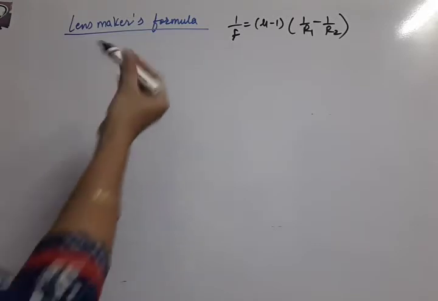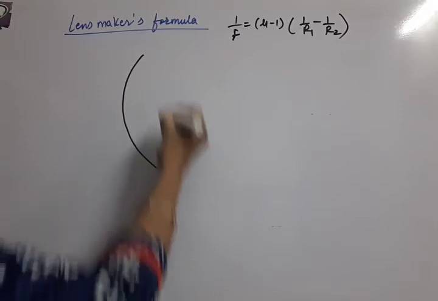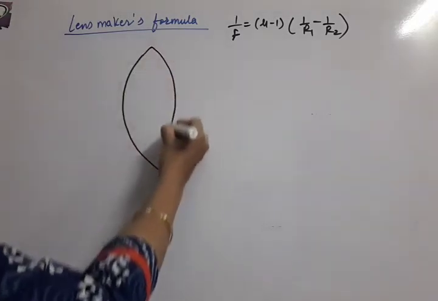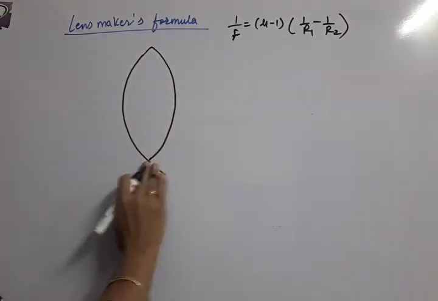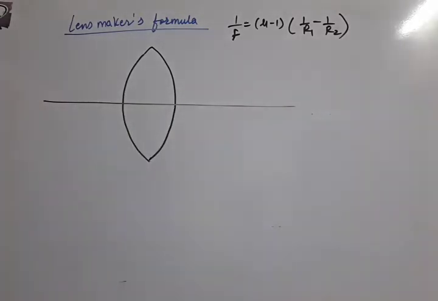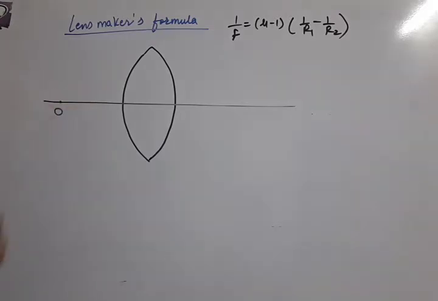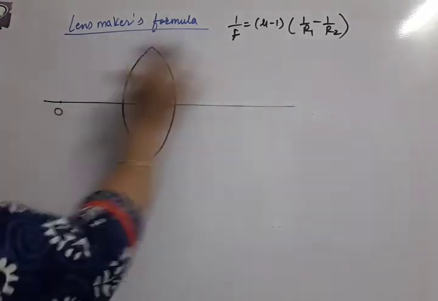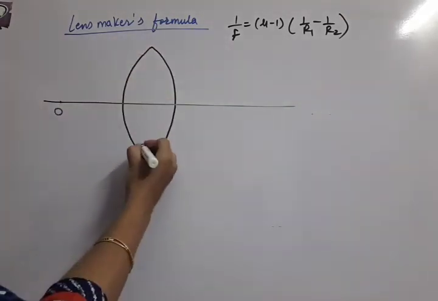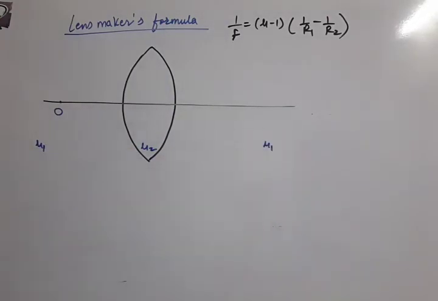First of all, we need to draw the image formation. So it will be this way. If this type of lens is given to us, which is a biconvex lens. Okay, now how to draw its image formation? So first of all, we will take the object on the rarer side. See, this side and this side rarer medium is there, only this side is denser medium. Mu2 we can call it. So here also mu1, here also mu1 is there.